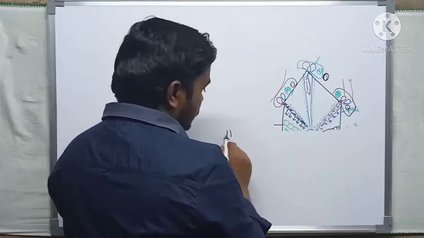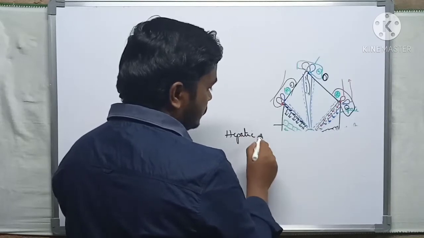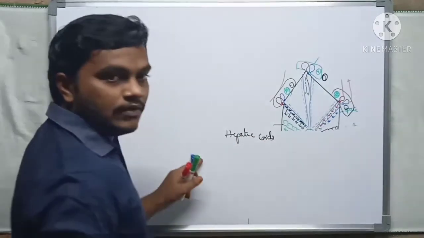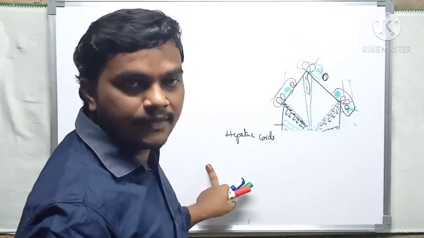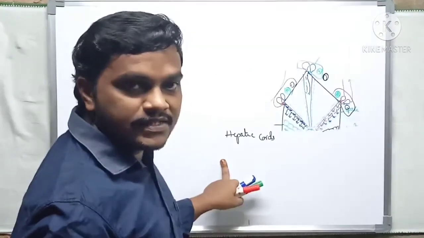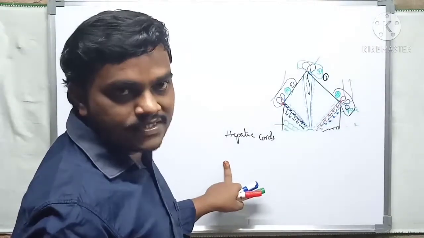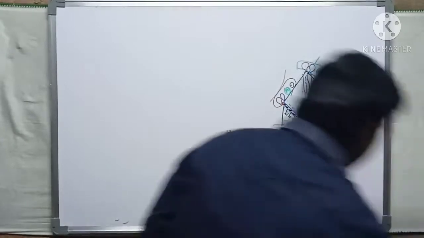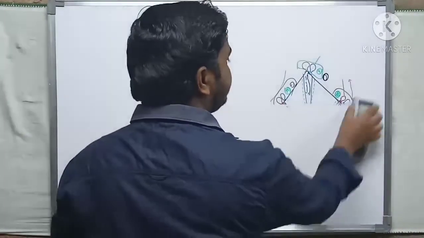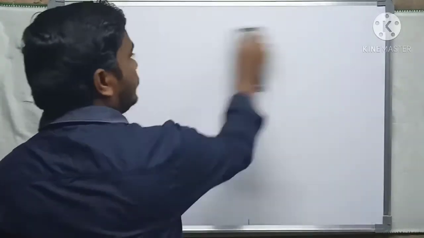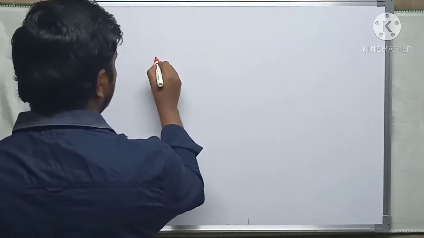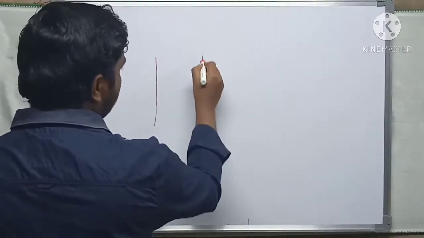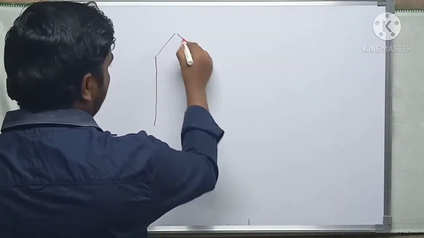Yesterday we talked about hepatic cords. I already told you hepatic cords consist of a number of hepatocytes. The parenchymal cells of the liver are called hepatocytes. They are large cells. How they are situated in our hepatic region we will see in a minute. So, classical lobules. It is better to draw here. This is a classical lobule.